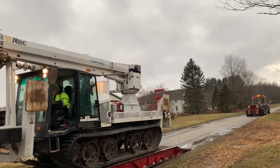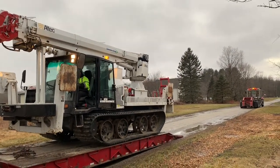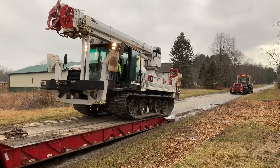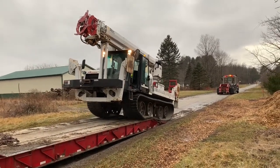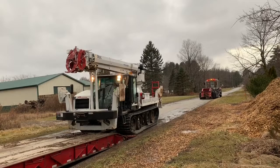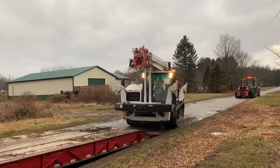Our area is serviced by Consumers Energy. I give these guys a lot of credit. They do a heck of a job responding. They had first responder from the local fire department out here within 20 minutes of me calling it in, and then the Consumers crew is only probably another 20 minutes behind them to assess the situation. And it's been a couple hours till they got the equipment out here, but again, they had to bring this from another town, so